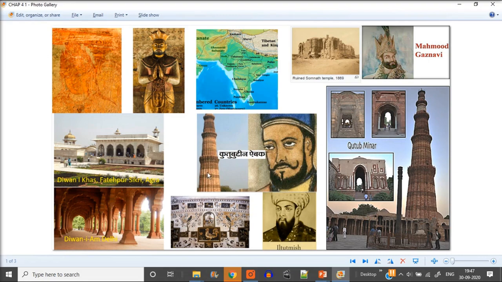He was a slave left by Muhammad Ghori in Delhi. And the other floors were constructed by Sultan Iltutmish. And then we have Firoz Shah, and other people came and also repaired this Qutub Minar. It's a UNESCO heritage site, a very important and very beautiful place. If you want to see, you'll see the Ashoka's